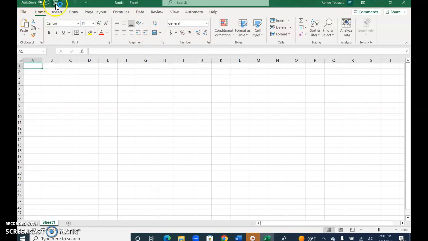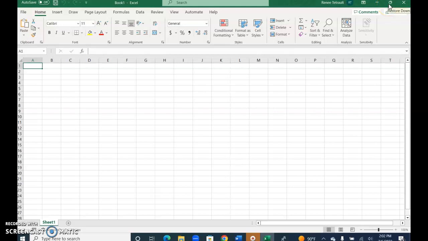You have your AutoSave, and you have your save with Control S. Undo and redo, right now they're grayed out because there hasn't been anything done to redo or undo. And then you have your customized Quick Access Toolbar. If we recall, on the first one, I already had the print preview button on and the spell check. And I'll show you that again, how to change it and put things on this access toolbar that you use frequently. Over to the far right is the owner of this application, and then you have your ribbon display options,